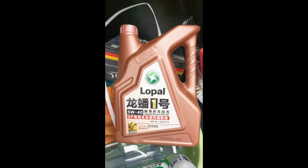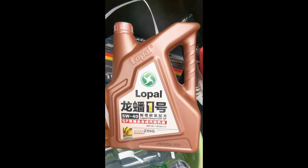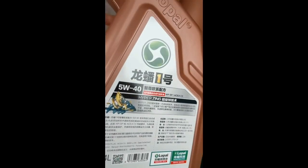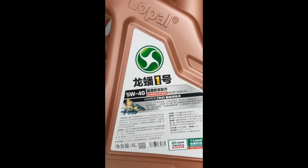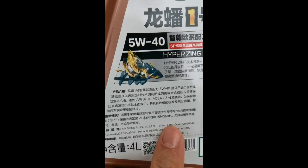This is my BMW from Macau, 澳車北上, Macau to North, and I use Lopal 龍蟠1號, special for the BMW, 5W40, a Chinese brand of engine oil. It's the first time I've used Chinese engine oil, and it is also certified by BMW